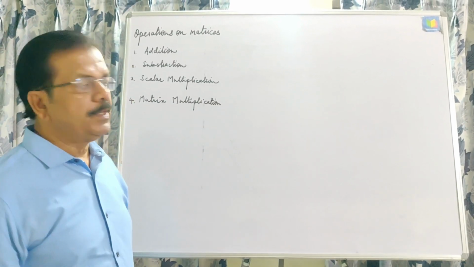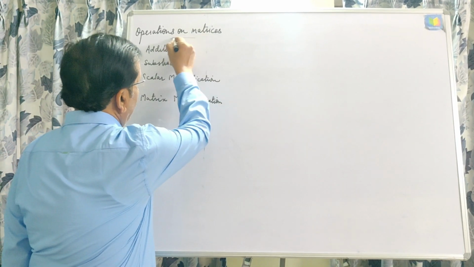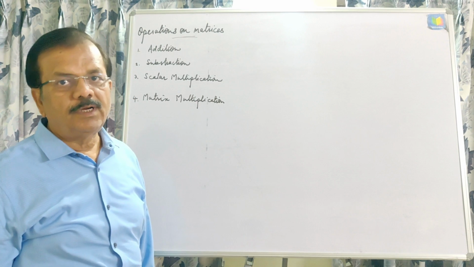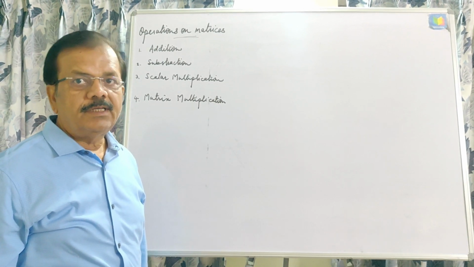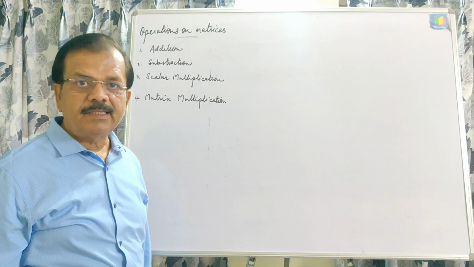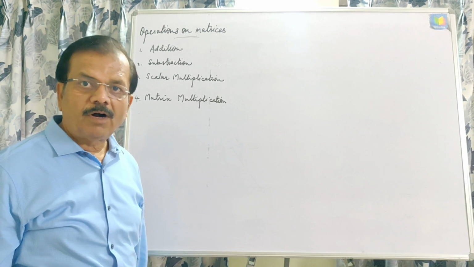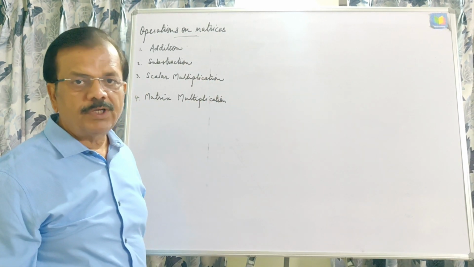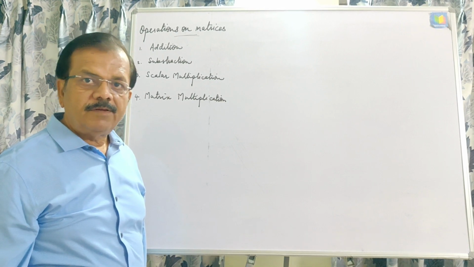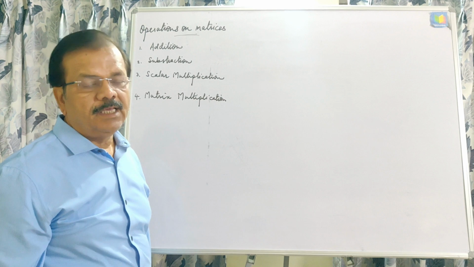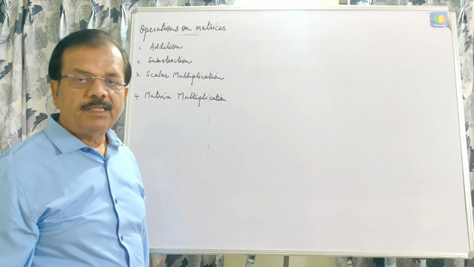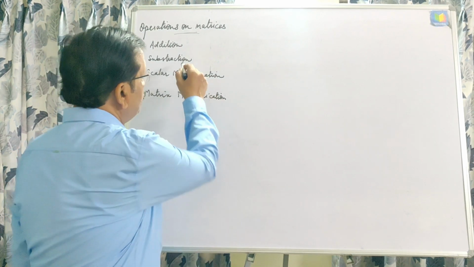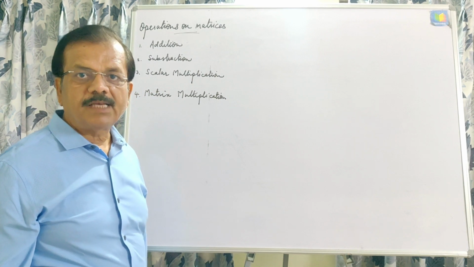Now related to this topic, operation on matrices. Again, order of matrix is very important. As I told you earlier, in any question, in any operation, whenever we are applying anything on matrices, we should see the order of the matrices. Now first topic, that is the addition of matrices. If we are going to add two matrices, then we should see the order of both the matrices. If the order of both the matrices is the same, then only we can add two matrices. In the same way, we can subtract two matrices if the order of both the matrices is the same.